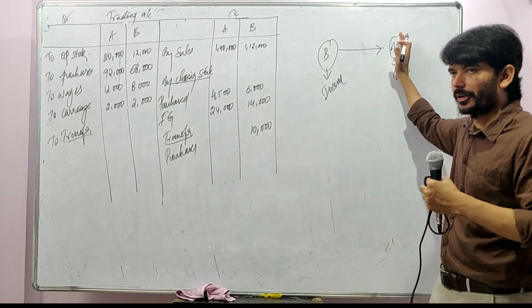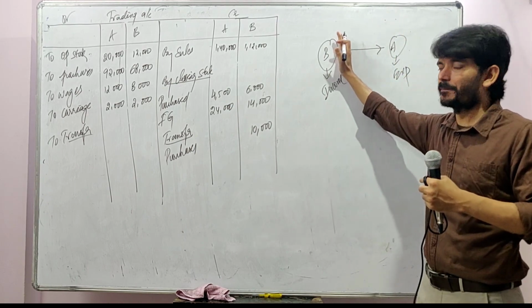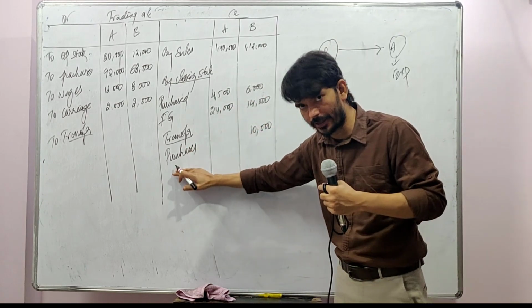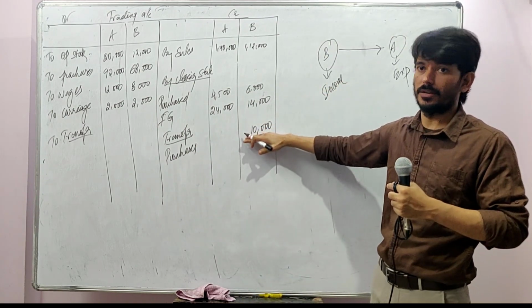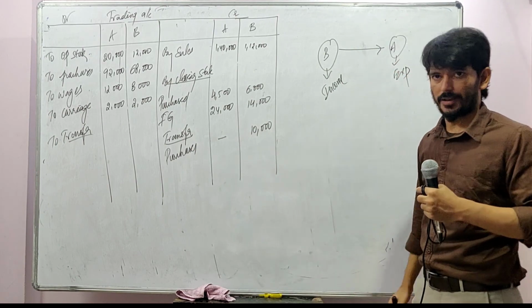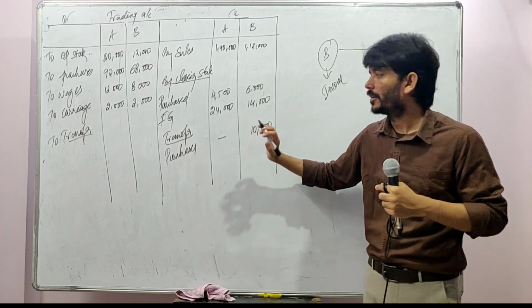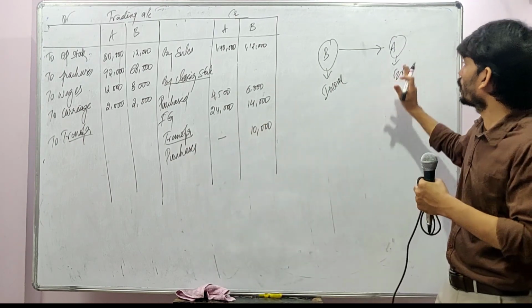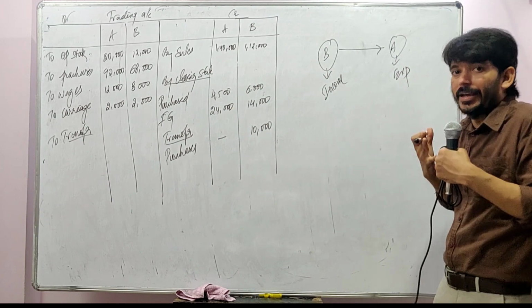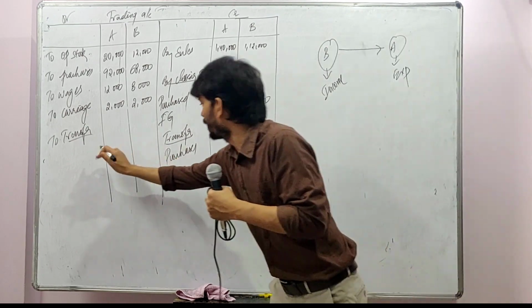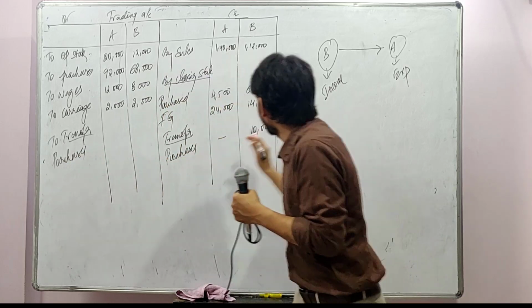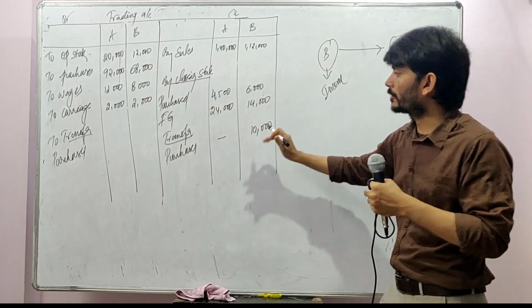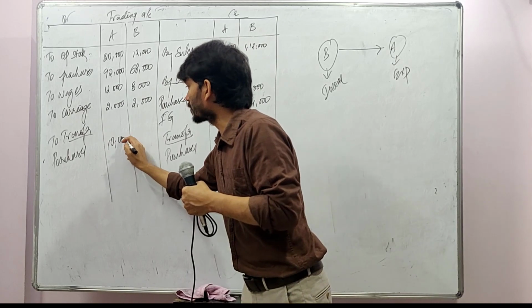B is transferring it to A. For B it's an income. Income should be coming on the credit side, and we should write it in B's column only. So nil for A, for time being; don't write it in the examination. Now think from A's point of view. For A, it is an expenditure. You come here, you write it purchased, 10,000. You will be writing in A's column.